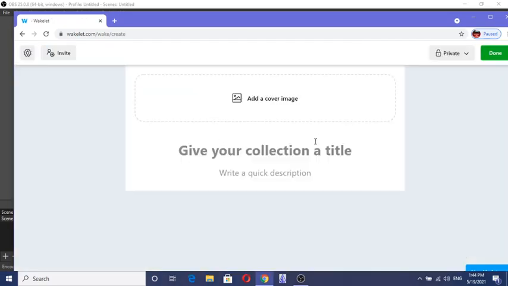We'll get a screen. Here the first option is add a cover image, give your collection a title, write a quick description and like this. Suppose I am choosing anything. We may create a Wakelet on, I am here choosing the topic Mahatma Gandhi.